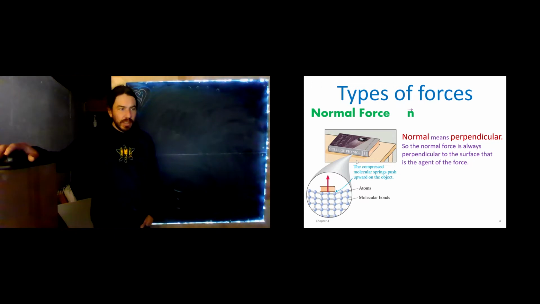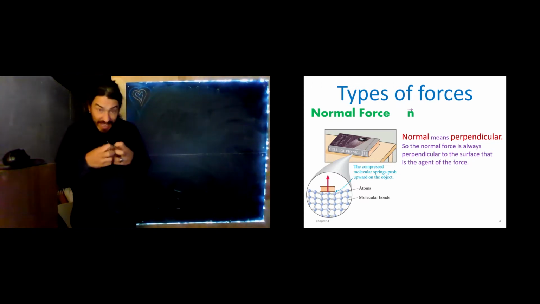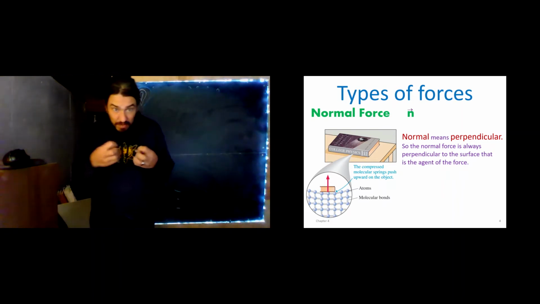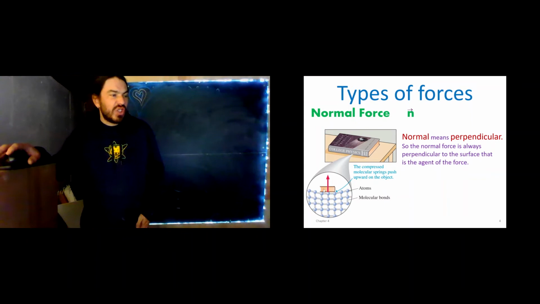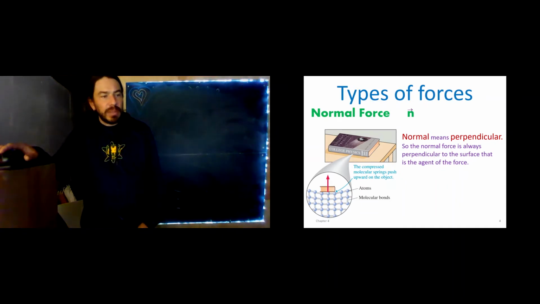If we were to imagine the molecules that make up that surface, they're being held together with something. We can imagine those molecular bonds as being like little springs, and those little springs get stretched just a tiny bit when I place an object on there. Okay, so we could imagine it like that, but either way, it's the normal force, and it is always perpendicular